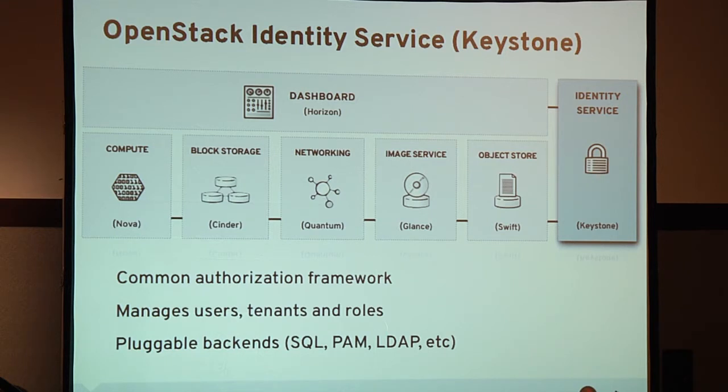And finally, we have Keystone. Keystone is basically the traffic cop for OpenStack and the components within OpenStack. It's responsible for authorization: if a request comes through, Keystone will grant a token that's time limited for that particular action based on the credentials and the roles. It manages the service catalog, the endpoint definitions, and the security policies for how you set up your cloud. There are some pluggable backends that you can embrace. I think we're working on finalizing the Active Directory support for Keystone. So it's the traffic cop for OpenStack.